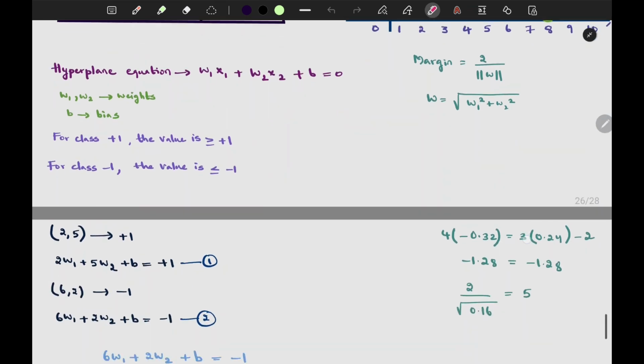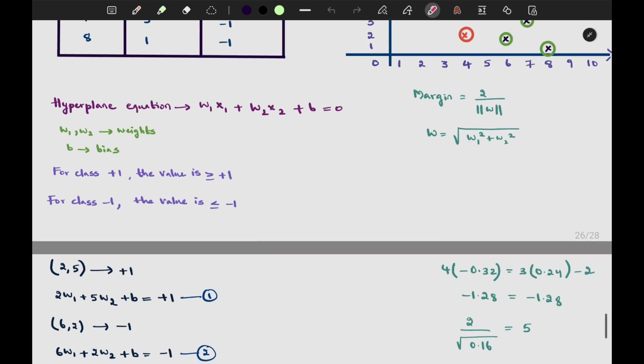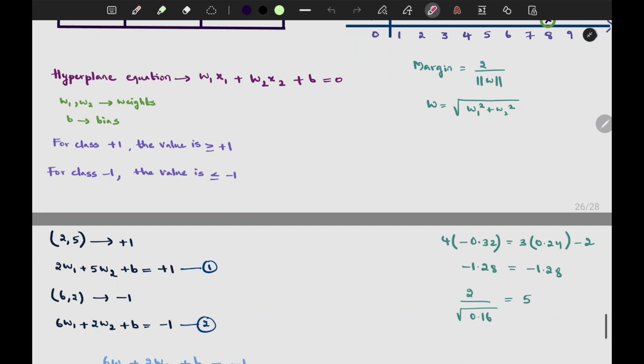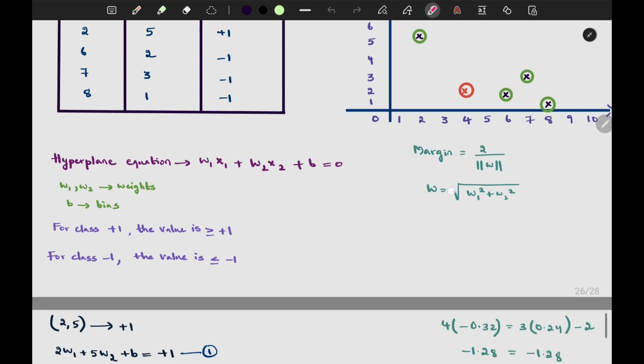Now let's come to the calculation. Here I took 2 points, which are 2, 5 from the positive class as well as 6, 2 from the negative class. You might be thinking why I only took 2, 5 or 6, 2. As I already discussed, we have two things: one is the positive hyperplane and the other one is the negative hyperplane. If I'm having some hyperplane like this, or maybe some hyperplane like this, this point as well as this point from these particular classes are nearest to my hyperplane. That is why I'm taking 2, 5, which is this, as well as 6, 2, which is this one.